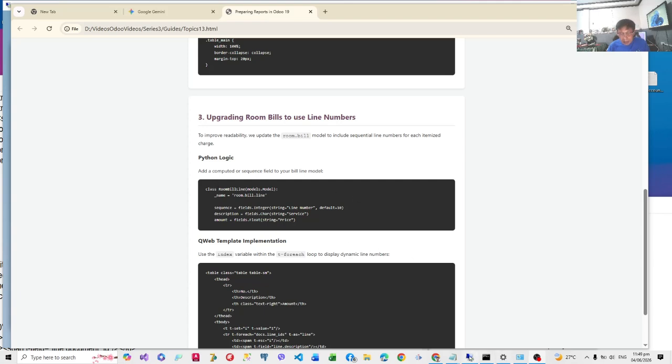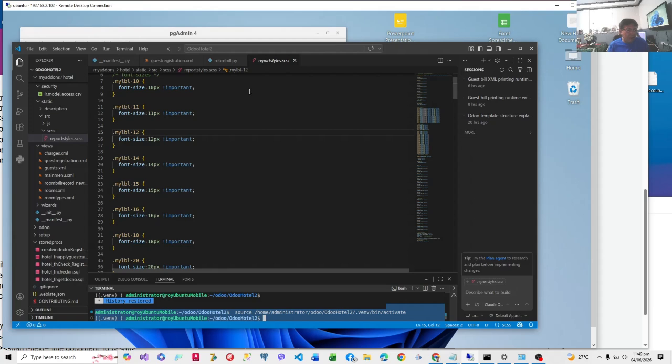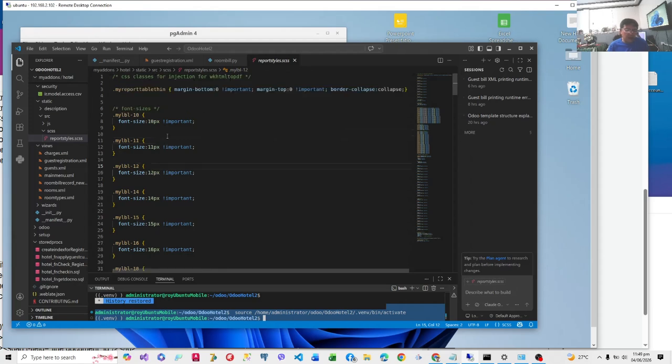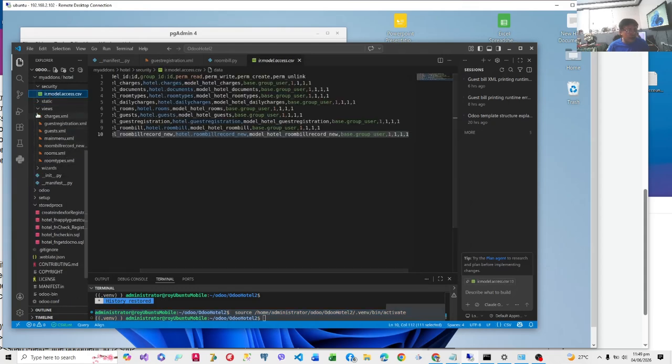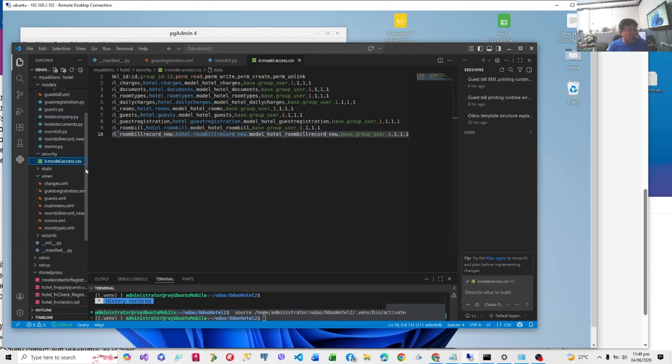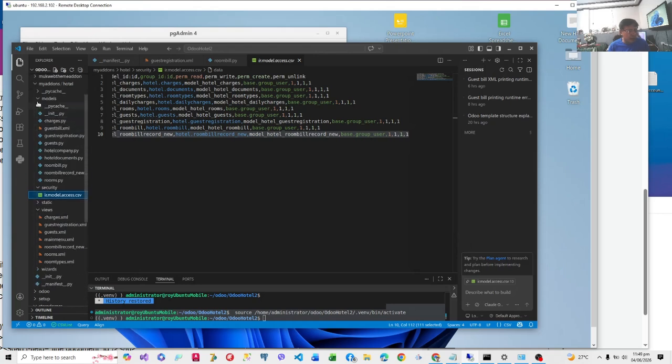To create a paper format, you need to create it as close to your reports as possible. So in this example, for example, we have views. Actually, reports are just views or XML views, but it's advisable that we create a separate folder for them.